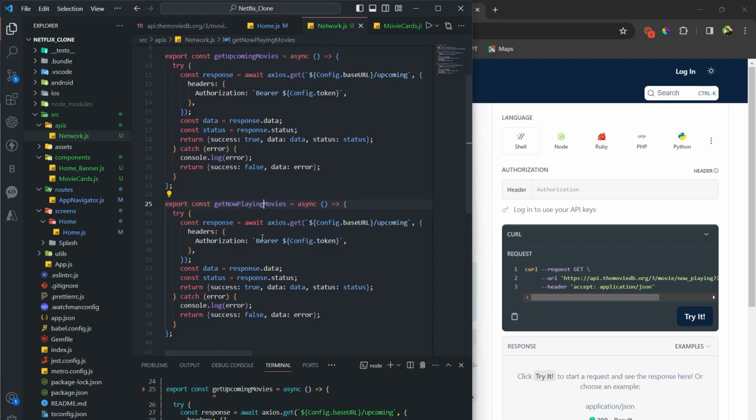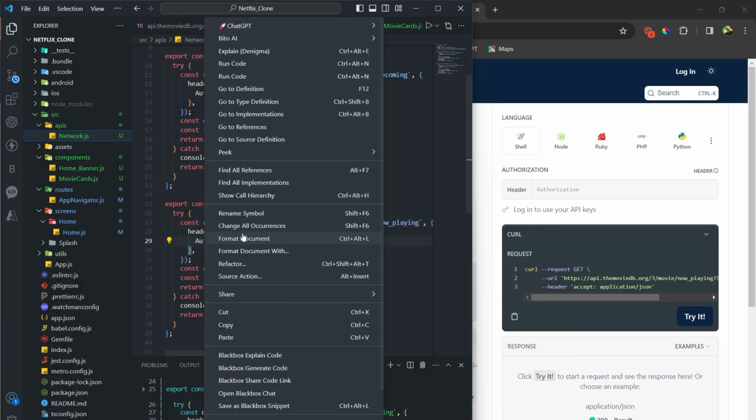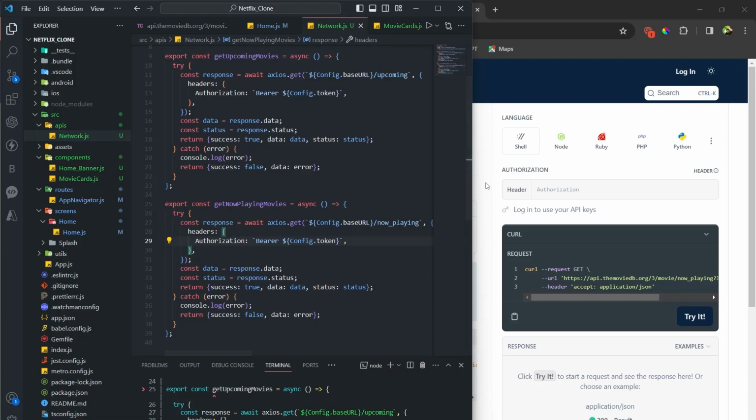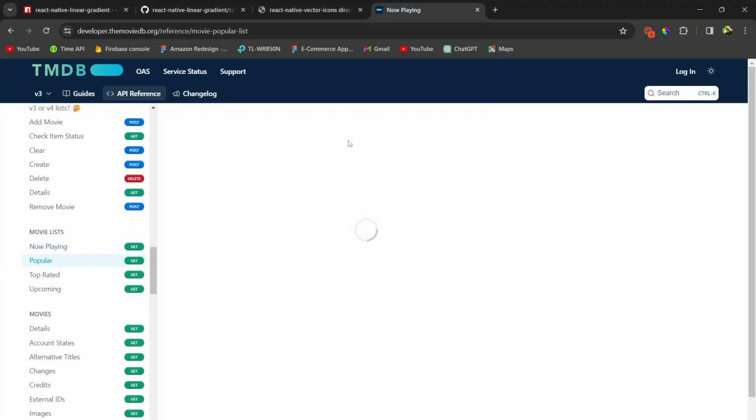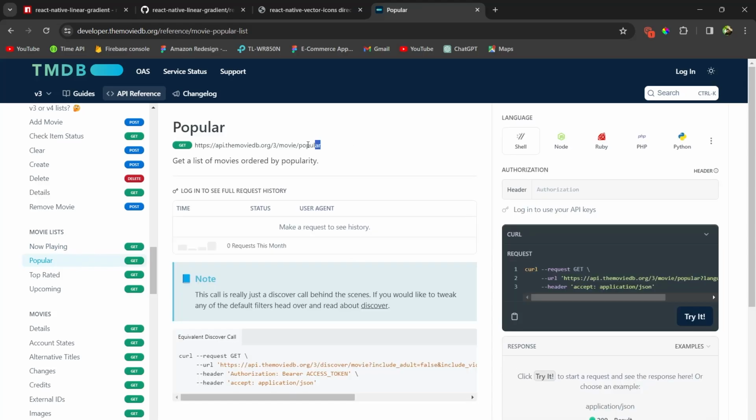That's it. And as I said, the base URL remains the same, and instead of upcoming, I need to paste the now playing endpoint, right? I have simply passed the now playing endpoint, and everything remains the same. Okay, so to get the remaining ones also, let's say popular, I'm going to do the same way: simply create a copy of this endpoint till /